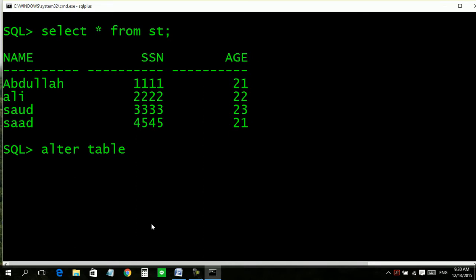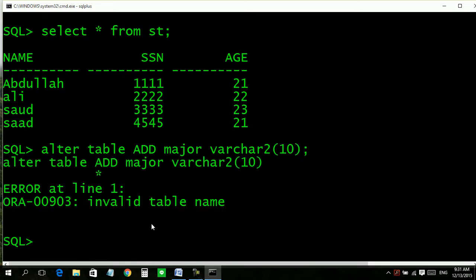We want to add another column. So write ADD, add major, varchar2(10).